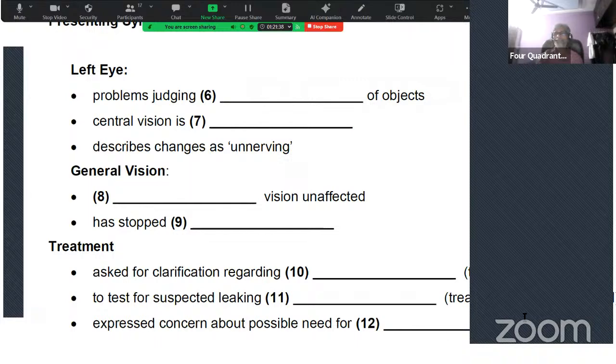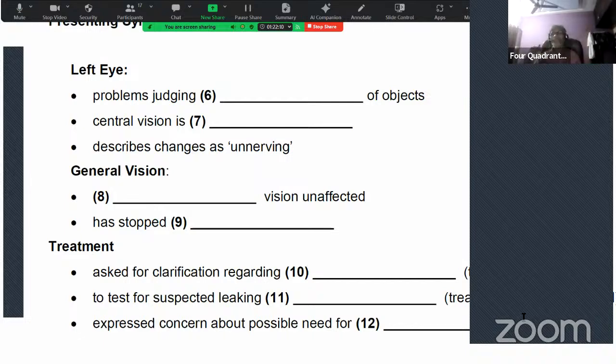Question number 6. Firecrackers, because they come one after another immediately. So, sixth one, firecracker 6. Problems judging something of objects. Something of something: pen of Peter, car of Abraham, house of Martha. So dash of dash. Of is a preposition. Before and after there will be nouns.